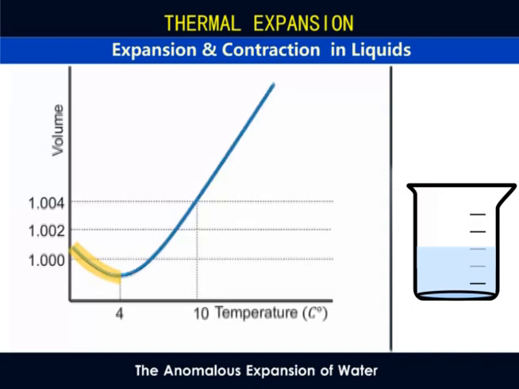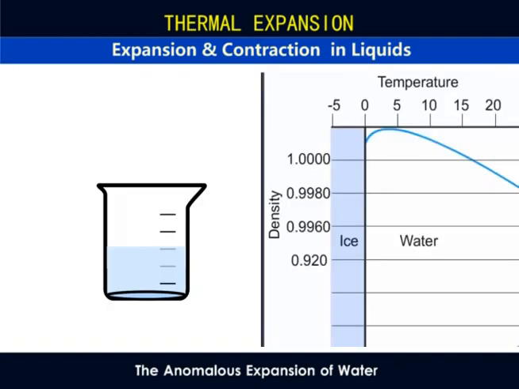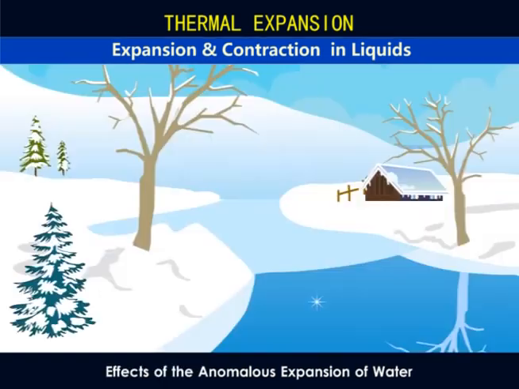Because the volume is minimal at 4 degrees Celsius, it means a given mass of water has maximum density at 4 degrees Celsius. This density is slightly higher than 1 gram per cubic centimeter. We see the effects of this anomalous expansion every day. For instance, this behavior of water plays an important role in the survival of aquatic animals and plants in cold